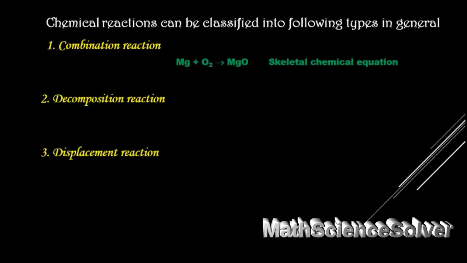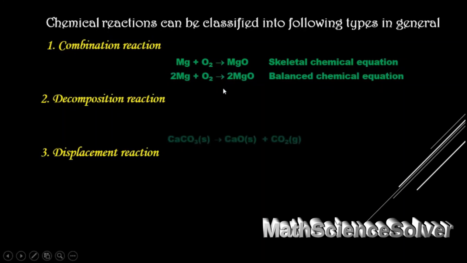After you know some chemical reaction has happened, and after you know there are some indications which tell you there is a chemical change, you need to find out what type of reaction has happened. It can be classified into 4 types. First one is combination reaction, in which two substances combine themselves to give a new substance, that is a single substance. For example, magnesium here combines with oxygen to give magnesium oxide. Here two substances, magnesium and oxygen, combine themselves to give magnesium oxide.